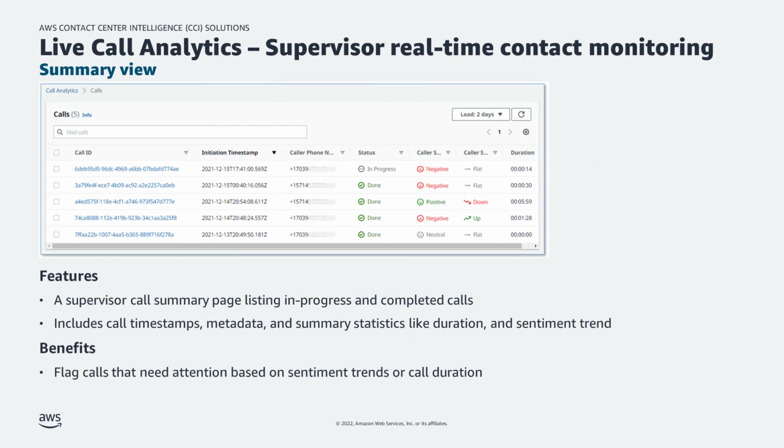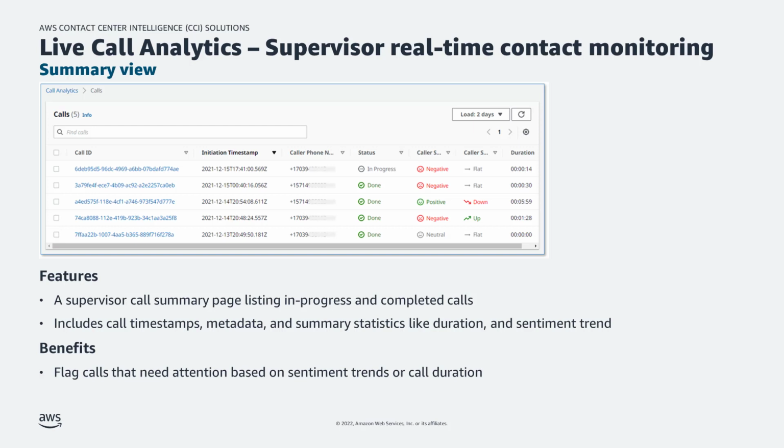We have actually put together all of these services together already for you as a sample solution. We published it in GitHub that is available for you to deploy in your own account. Today we'll show you the demo of the solution as well as how to deploy the solution into your own account. But to give you an overview of the solution itself, starting with the live call analytics with supervisor monitoring,